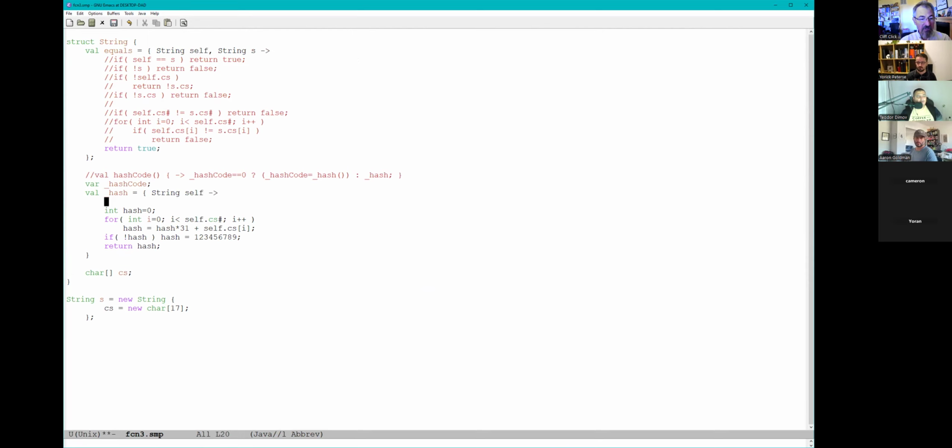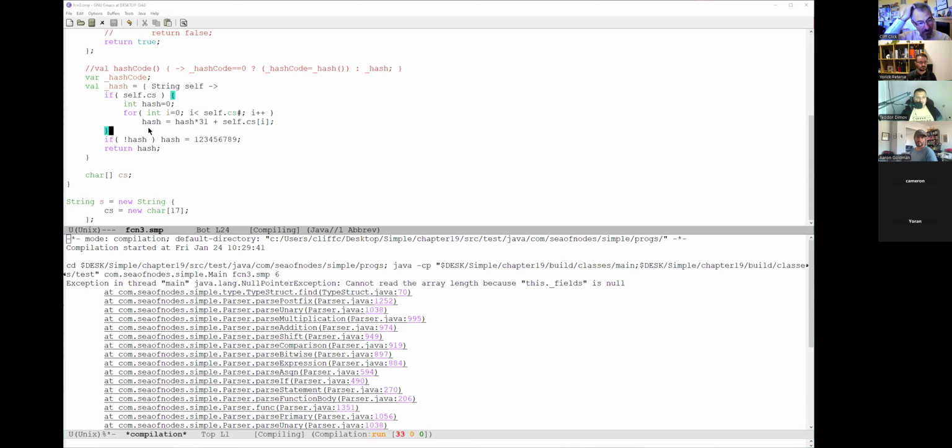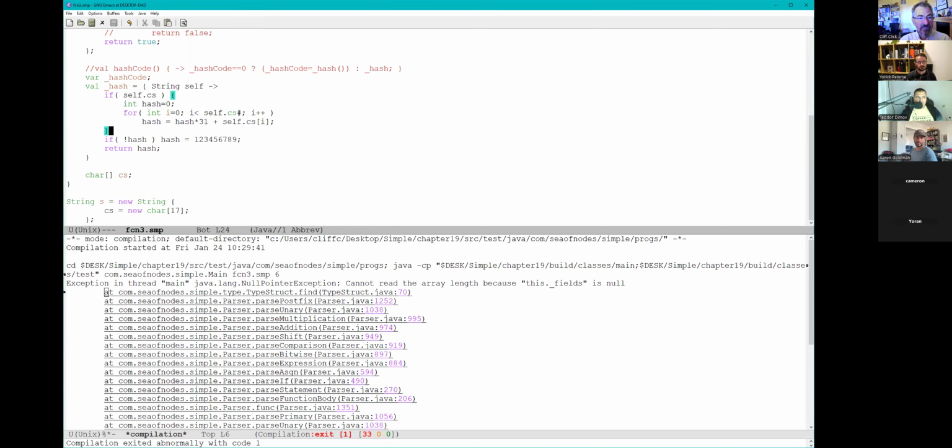Something's missing with the declaration of CS that says it shouldn't be nullable, and it's demanding I check for null. And it still thinks there's a null check I am missing. So now I don't know what it is.